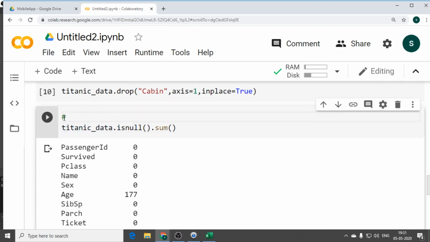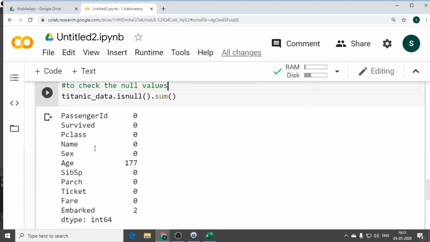We are using very simple steps. isnull().sum() to check the null values. Yes? Now, I'll answer every question. Why are you in a hurry? Please don't hurry with that. We'll answer every question. We have more than 1 hour of time. Just don't hurry.